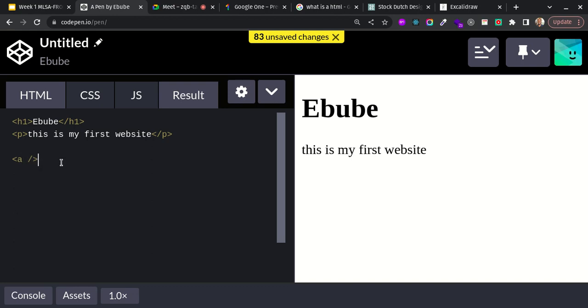There are two major styles of tags you meet in HTML. A normal tag that has an opening tag and closing tag, and what we call a self-closing tag, a self-closing element. So to create a link,